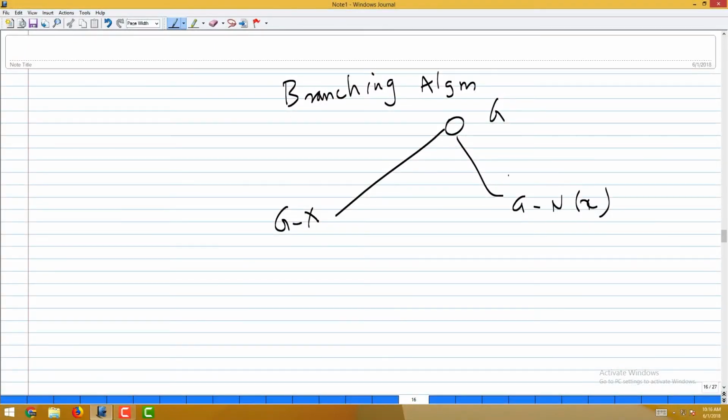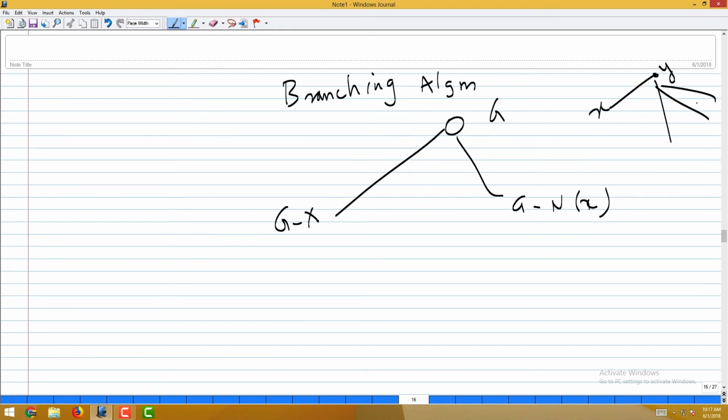So, what is being said is that suppose I am very unlucky, I mean ideal thing would be I pick a very high degree vertex and do this branching, then this will be n minus 1, this will be n minus the degree of the vertex, and if the degree of the vertex is very large, great, I will have a good branching. Okay. I have to write the recurrence relation and see what it is, but at least we see that that should be good. But if x is of degree exactly 1, then this will be n minus 1, this will also be n minus 1, but the observation is that if x is of degree 1,